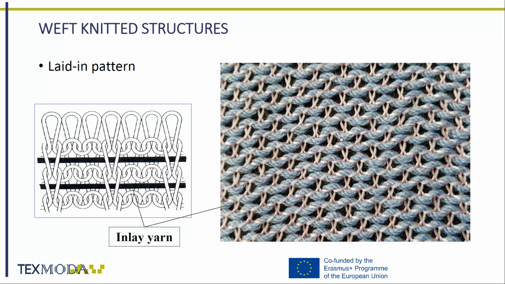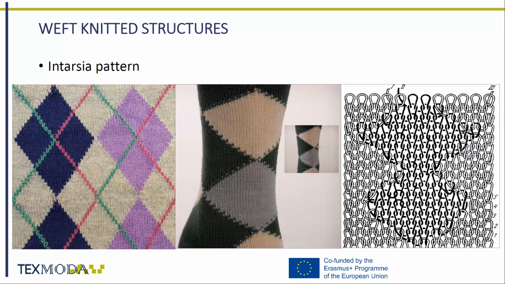In weft knitting machine, inlay yarns usually are laid on all needles in a horizontal direction. Inlay yarn is used to change design or properties of the knit. Intarsia pattern is knitted by joining wales knitted of different color yarns according to some shape.